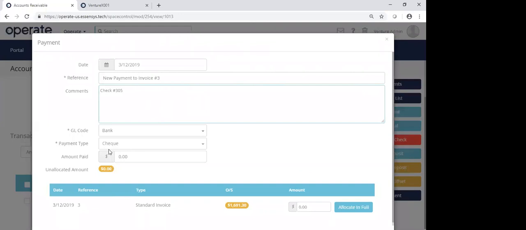And then you want to add your amount paid. Now, amount paid is going to be exactly what they've given you as payment, even if it's 10 cents higher than what they should have given you, even if it's $20 short of what they should have given you, that's what you want to put in the amount paid. For this, just say that they've given us the exact payment of what they owed. So I'm going to type it into amount paid, hit the tab button,